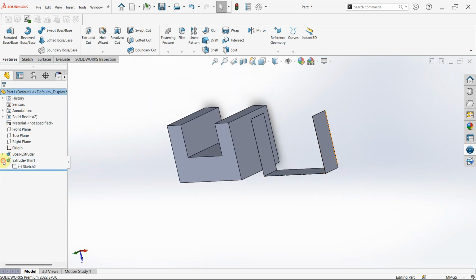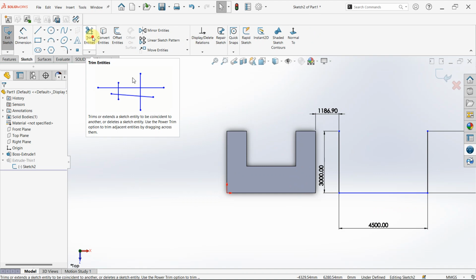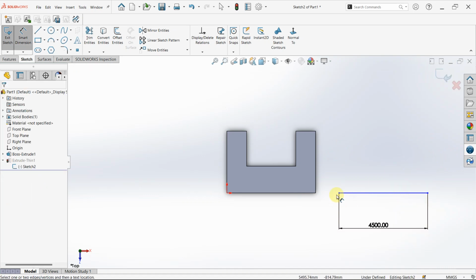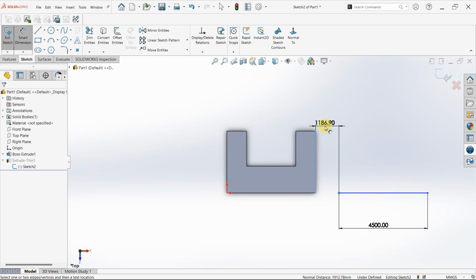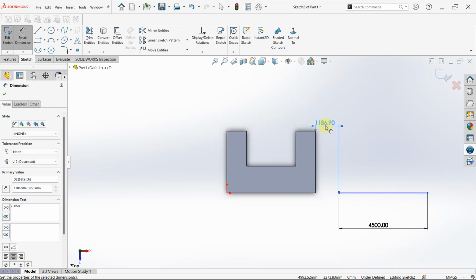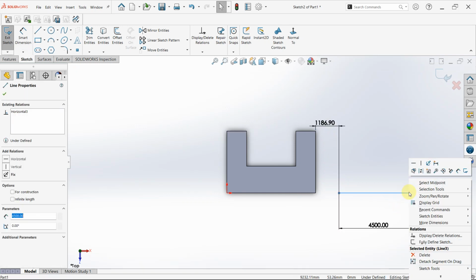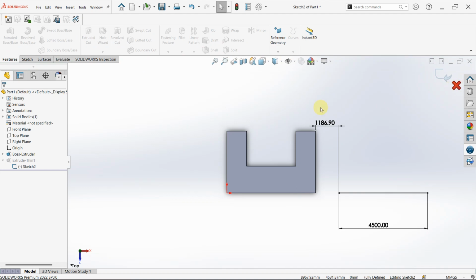But I'm going to edit the sketch, and I'll trim this side and trim this side also. So let me add the layer shape. Maybe it will be fully defined. Okay, so fix. Okay, we have it fully defined. Then now come to